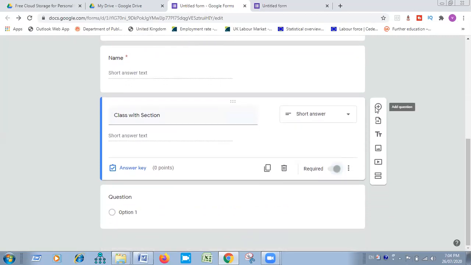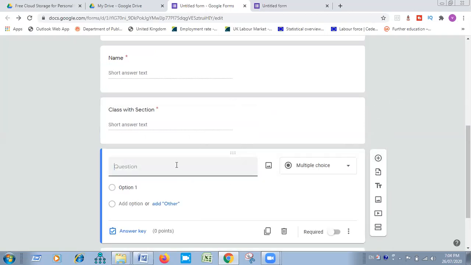again, I will click on the plus sign and write question. Suppose I am writing question number 1. Suppose I am writing this question, which is input device?